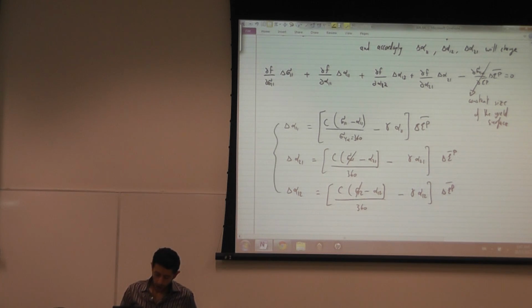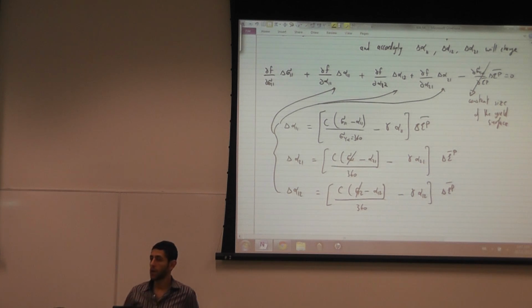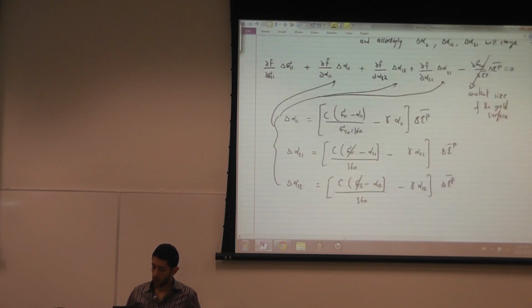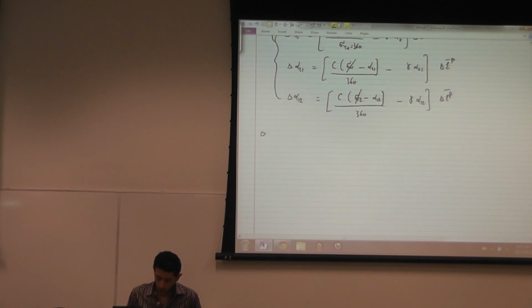When you take those three and plug them here, you get one equation in delta epsilon p. You calculate delta epsilon p. When you calculate delta epsilon p, you have everything, so you can now integrate this. And once delta epsilon p is calculated,